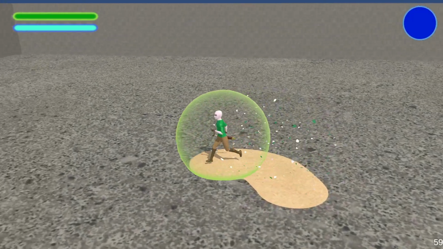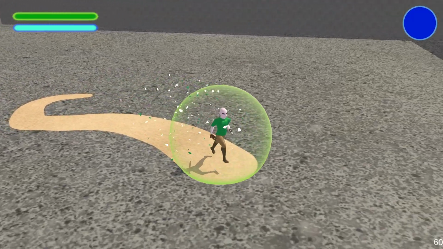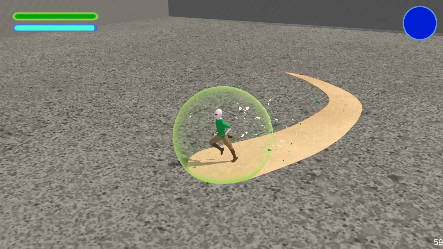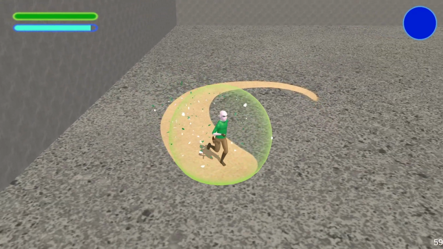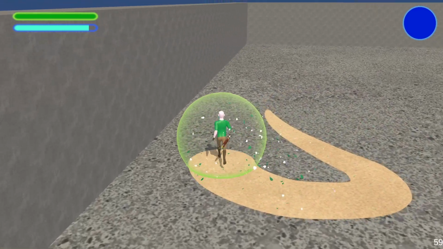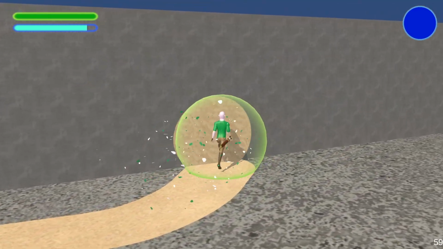Hi folks! Recently, I've been working on a new ability that you can use in the game. This ability allows you to grow and revitalise plants within the ability's range. I've been working on the visual side of using this ability, so let's take a look at how I reached